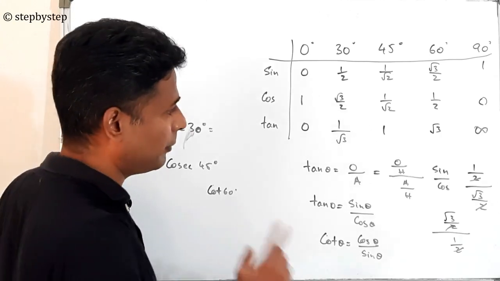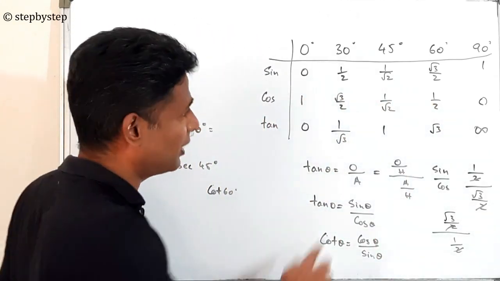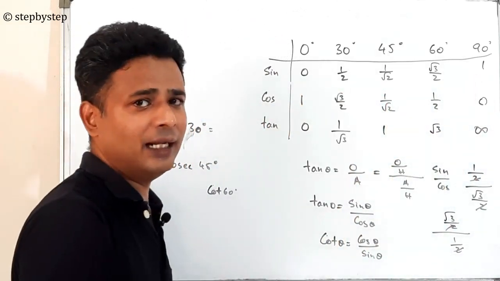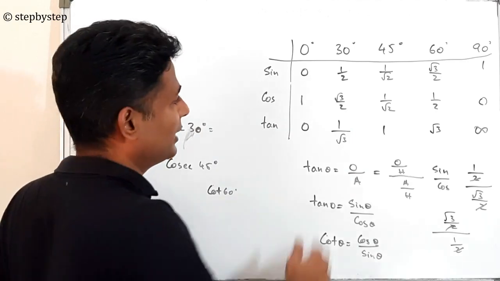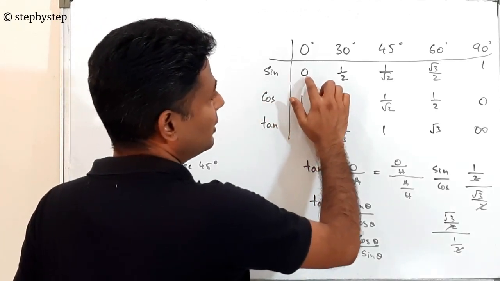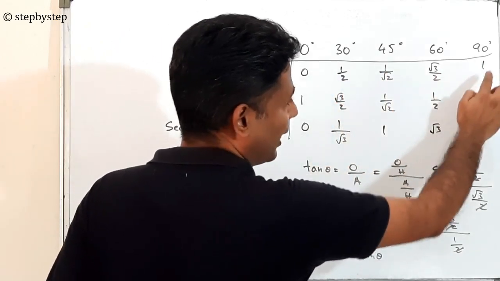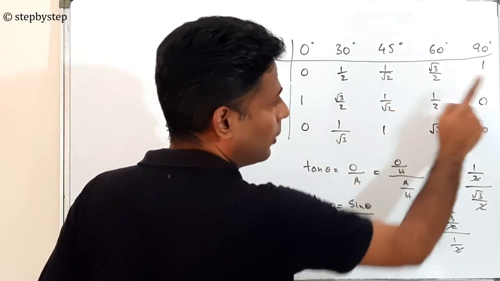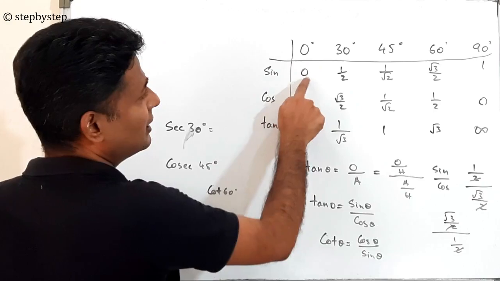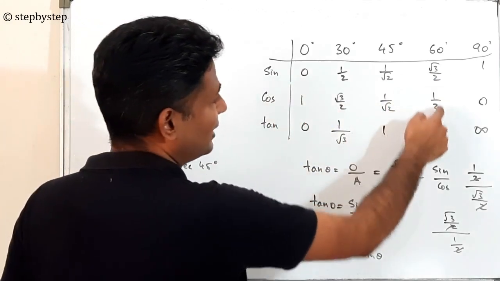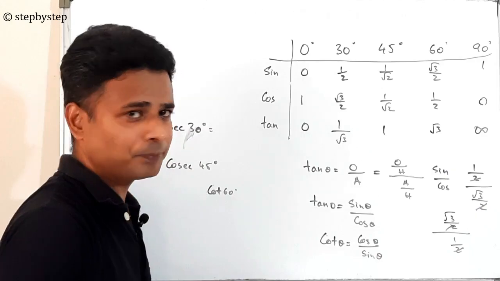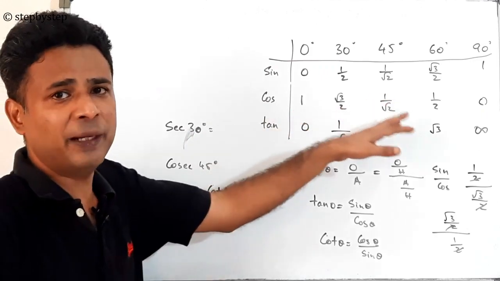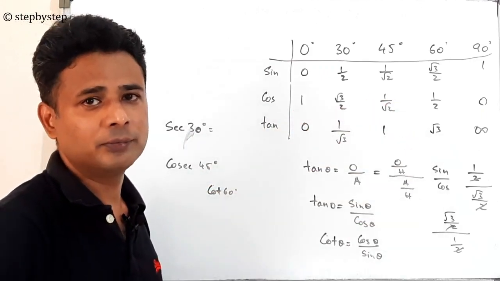So guys, just remember, for this entire special angle chapter, all you need to do is remember for sine. Everything else you can get on the spot. For example, you know sine is 0, 1 by 2, 1 by root 2, root 3 by 2, 1. Cos will be in opposite order, 1, root 3 by 2, 1 by root 2, 1 by 2 and 0. Tan will be sine by cos, so you can just divide here itself and find the values of tan. And for secant, cosecant and cot, you just have to take their respective reciprocal.